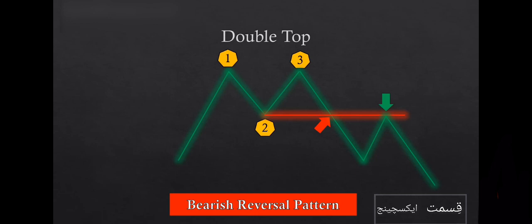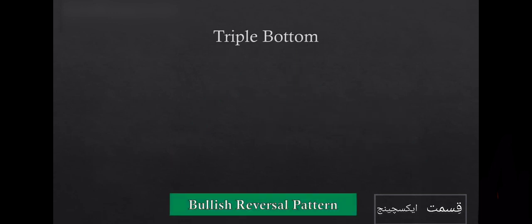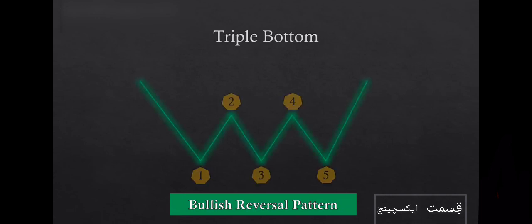The next reversal pattern we are going to study is in some sense a logical extension of the double bottom, and it's called triple bottom. It's a bullish reversal pattern, meaning that price will be going down, and then the triple bottom will appear to signal a reversal to the upside. I said it's an extension of the double bottom because it's very similar to that pattern, but instead of 2 lows sitting in the same level, the triple bottom has 3 lows sitting in the same price level. In other words, lows 1,